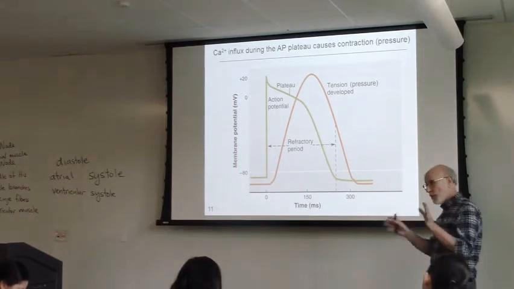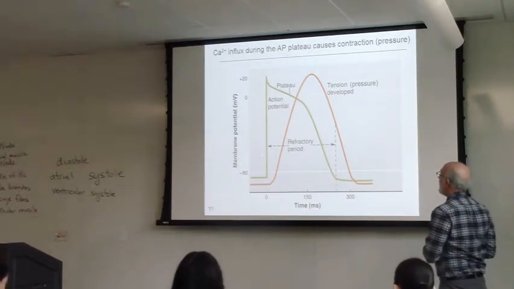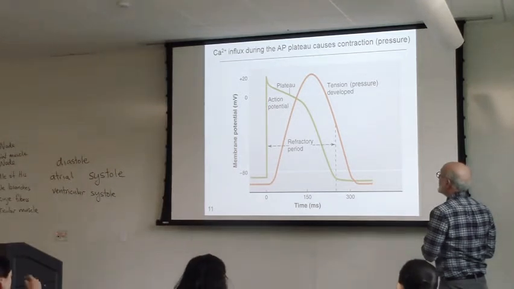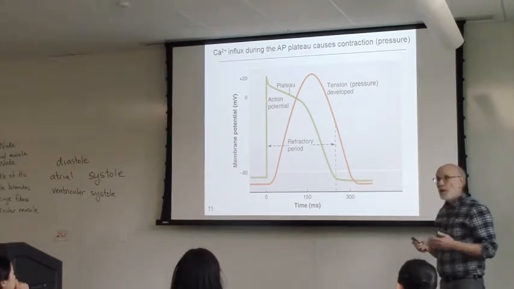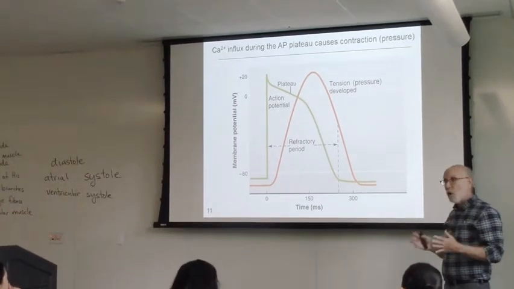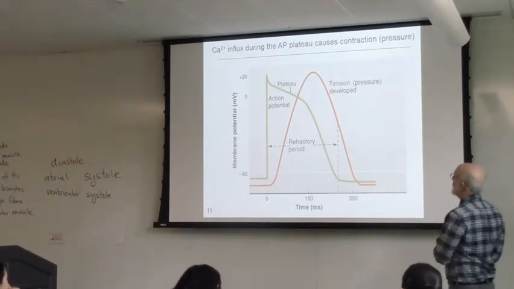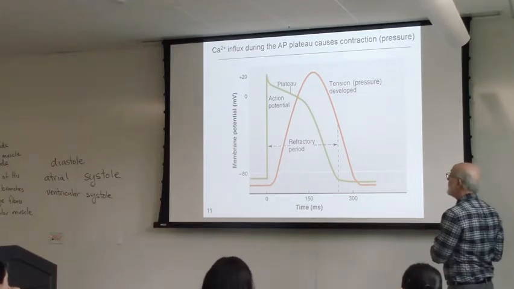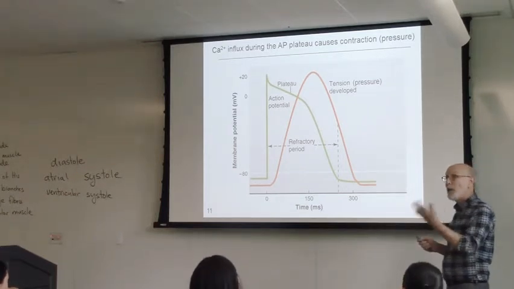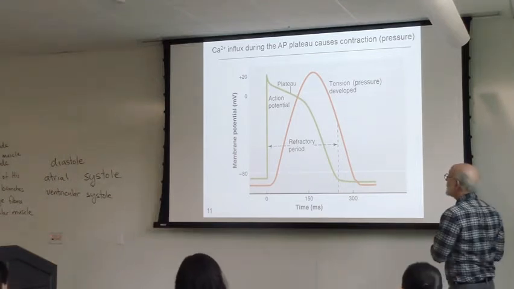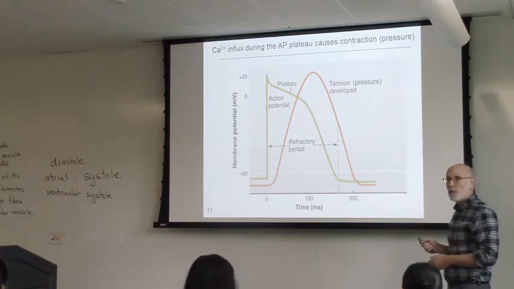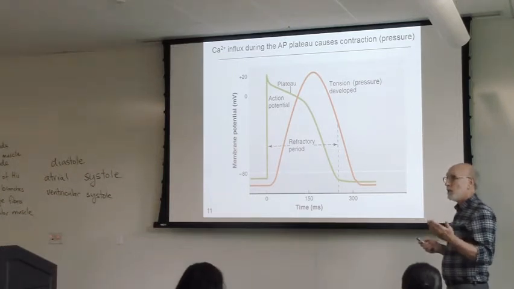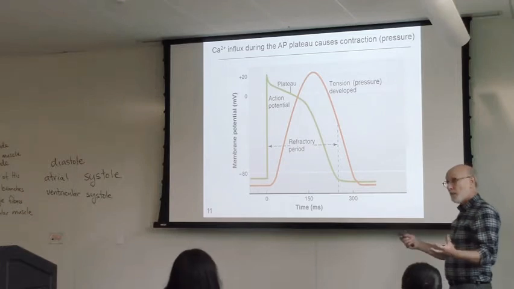Now, just to make sure we're all reading from the same page, remember that it is the action potential, specifically the calcium influx during the prolonged depolarization, also known as the plateau of the action potential. The calcium influx through voltage-gated calcium channels is causing this prolonged depolarization. Calcium influx, calcium-induced calcium release,